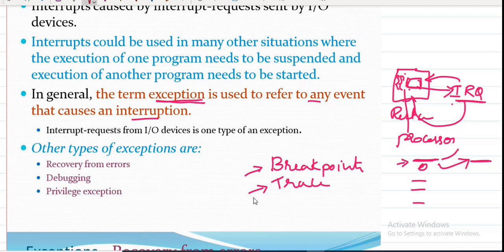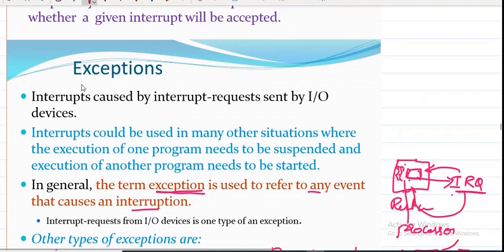So you can just remember that this is one type of exception. How can you classify exceptions here? Mainly there are three categories. One is recovery from errors; note down parallelly. No need to write the complete explanation, just note down the important points. This is also very, very important: what are exceptions, explain different types of exception. Normally, they will ask this in the exam for 6 to 8 marks.